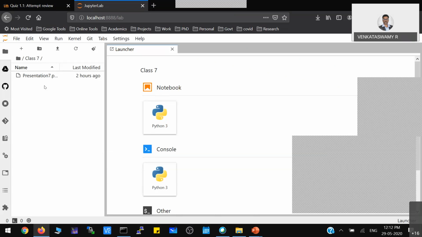So how to create some graph using some dependent and independent variables. That is one objective, and simultaneously we will learn some more for loops, and also we will learn one data type called dictionary. So we'll learn the dictionary data type, for loop, and also how to do plots. These are the objectives of today's class.